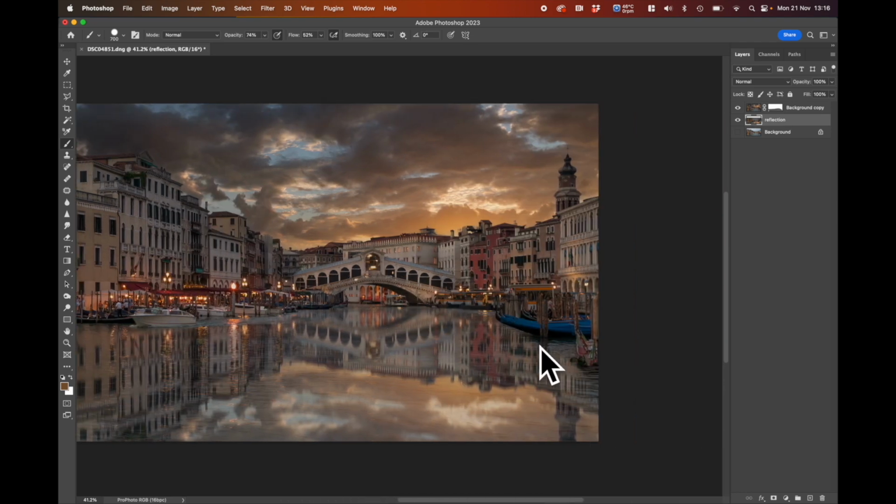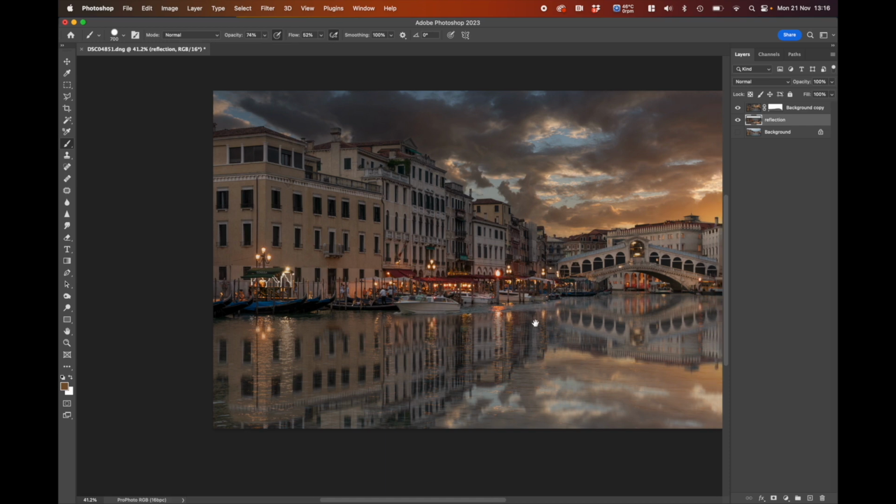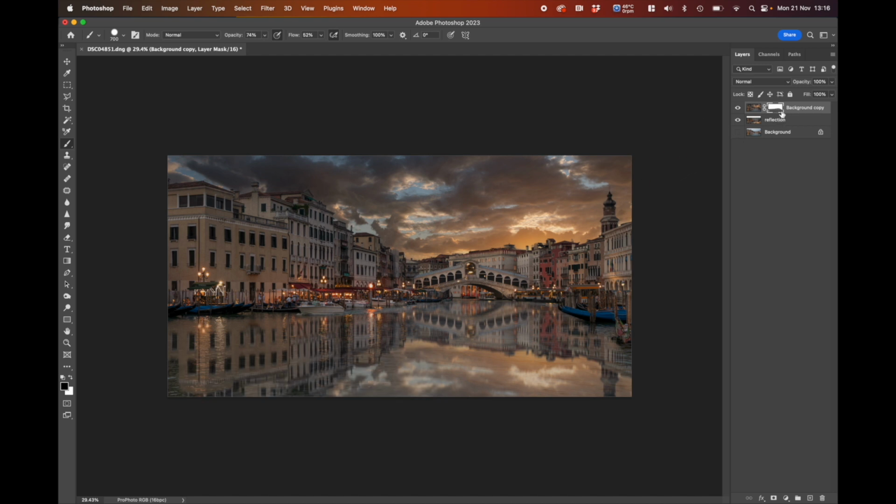we would have a little bit of a reflection of that boat there as well, but we're not too worried with that one. And that boat would also have its own reflection a little bit, but I think for the purposes of this, I'm quite happy. I might go back into the mask, just zoom out slightly. I might go back into the mask, and if I feel that that's a bit too much, I can swap back to white by using X or pressing these two little buttons. I can reduce the opacity and flow quite a bit,